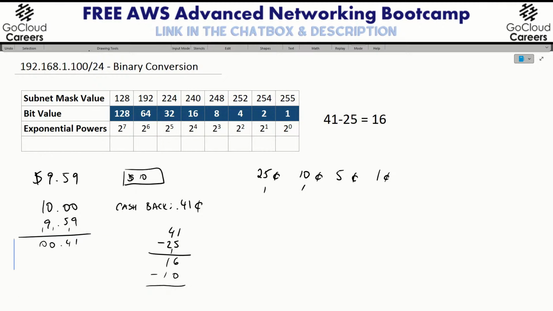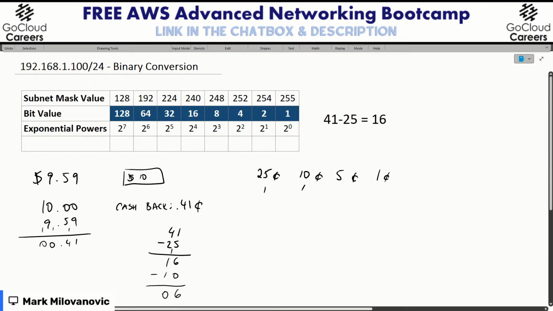Math is going to be nice. 0 to 6 was 6 minus 0 gives us 6. And 1 minus 1 gives us 0. So we're left with 6 cents. So I'm going to just briefly speed this up because I've already seen some of the results. We would next use the 5, which would be 6 minus 5, which will leave us with 1. And then since we require 1 more cent, we would go back to our coin purse, take the 1, subtract 1 from 1, which would get us eventually 0.